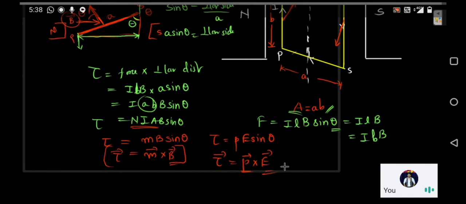Now, how will the direction of the torque be? As the loop rotates, for example, the direction of the torque is such that it rotates the loop clockwise about the axis of suspension. It depends upon how the forces are acting. If on the left side the force is upward and on the right side it is downward, then it will be clockwise. If on the left side it is downward and on the right side it is upward, it is anti-clockwise. So it depends on how the forces are acting there. So now coming to the special cases.